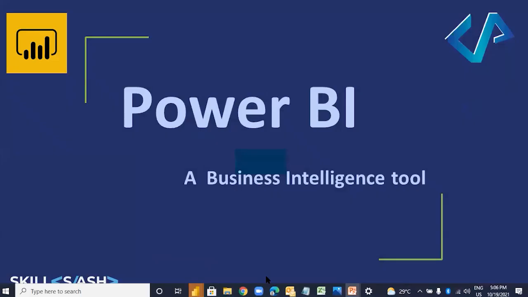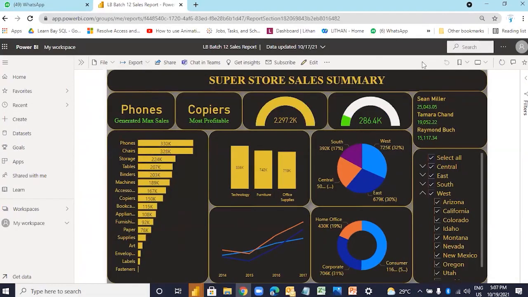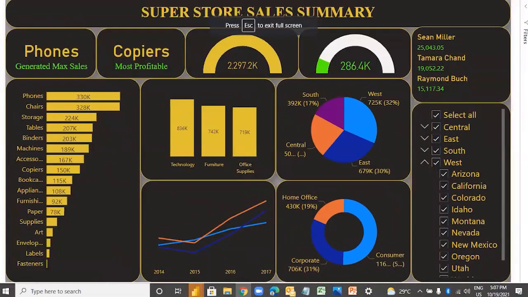So yesterday we talked about Power BI. What is Power BI? Why Power BI? Power BI is a data visualization tool which helps us convert complex data into something easily understandable. Here it is. This is the final output we are expecting from this module. Post completion of this module, you will be able to create this type of visuals.